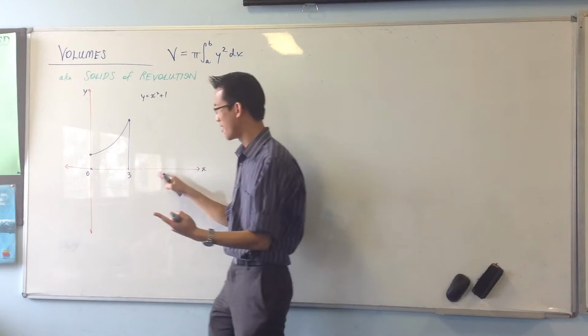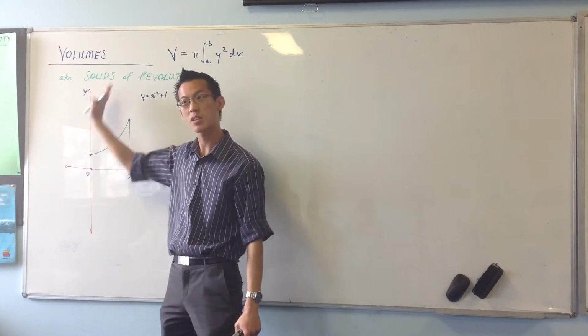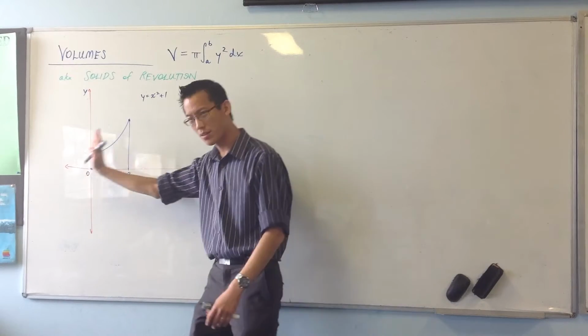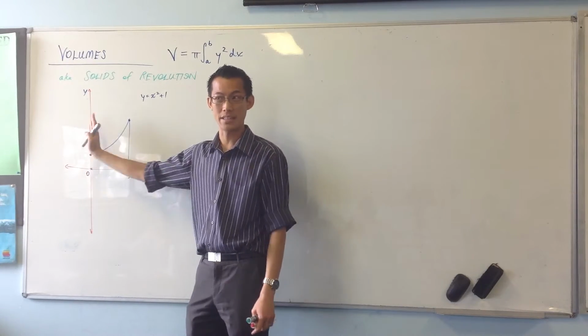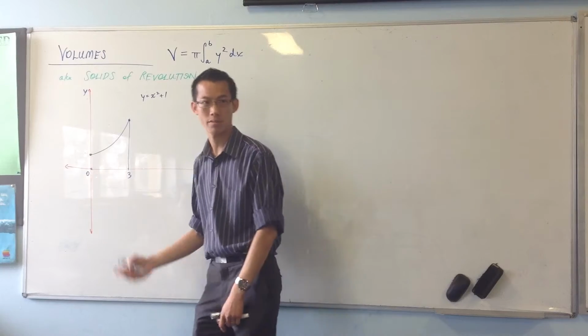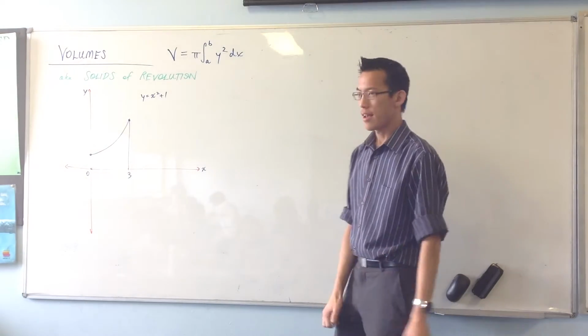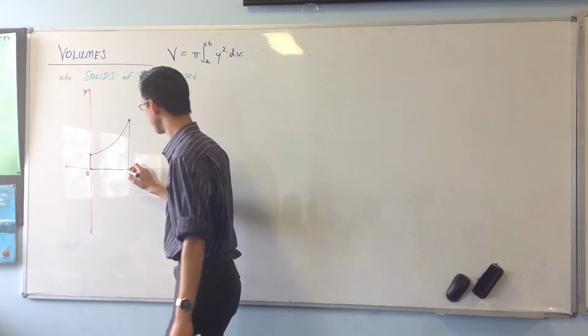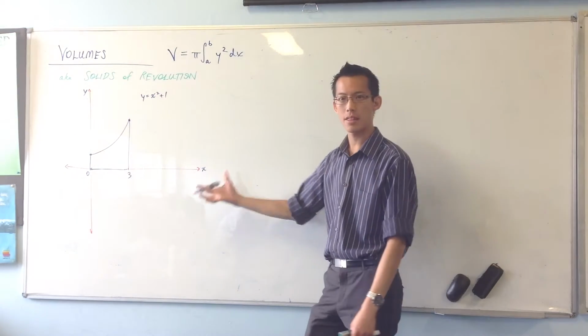Number 1, the x-axis. You could call this the y-axis, but a better way to say it, even though it seems the same, is x equals 0 and x equals 3. Because it's not always an axis. It could be x equals 1 and x equals 3, or whatever. Now, if I draw those boundaries in,